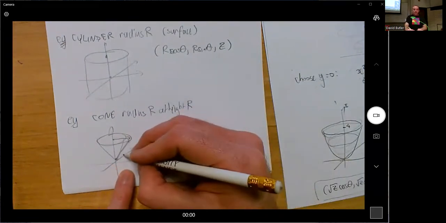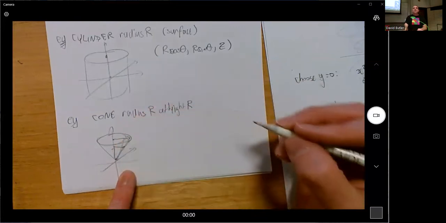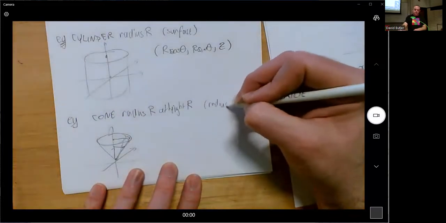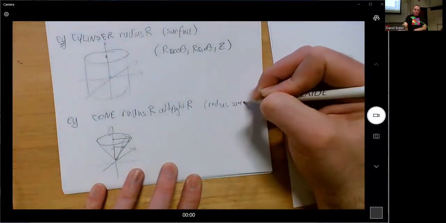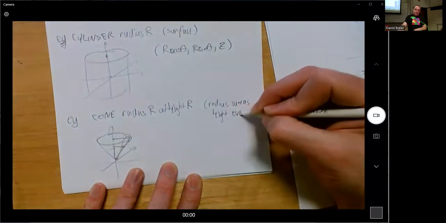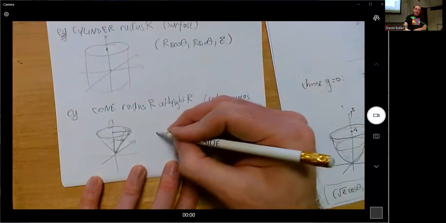And so the radius will be the same as the height everywhere, and so you're going to get